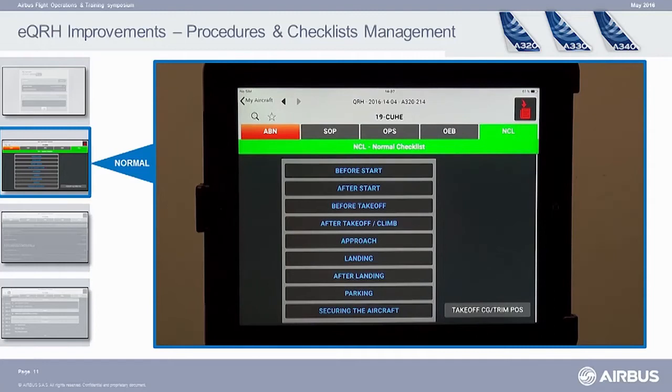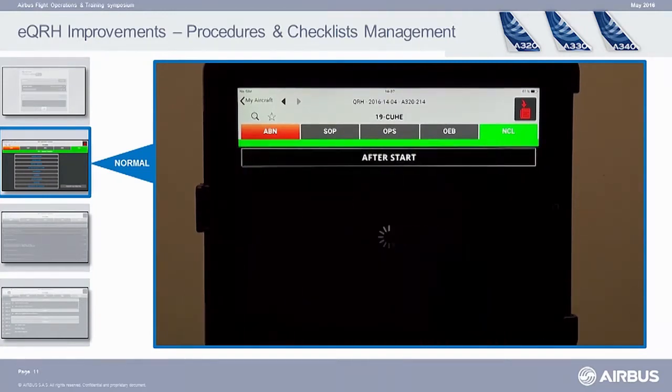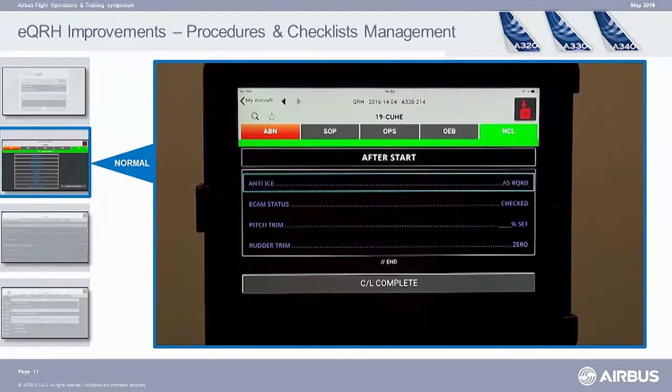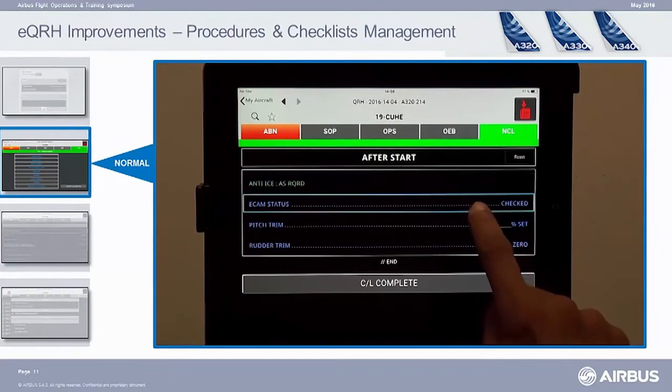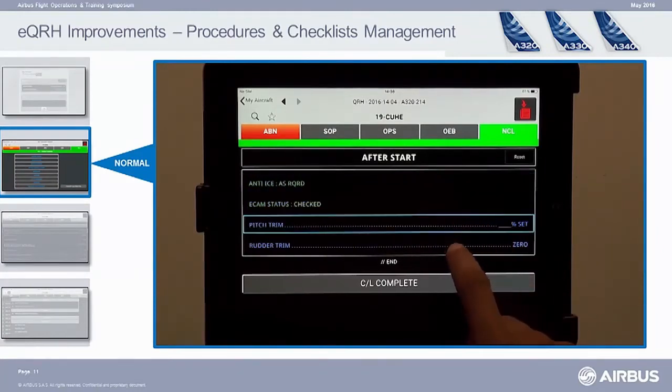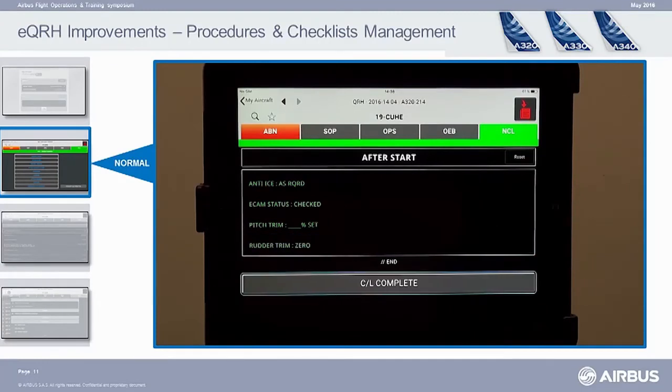So on the NCL page, I can display any checklist. For example, here I will display the after start checklist. And once the checklist is displayed, I can start performing the different steps. You can see that the display is modified when the step is performed. And when the checklist is complete, I can select the complete button,